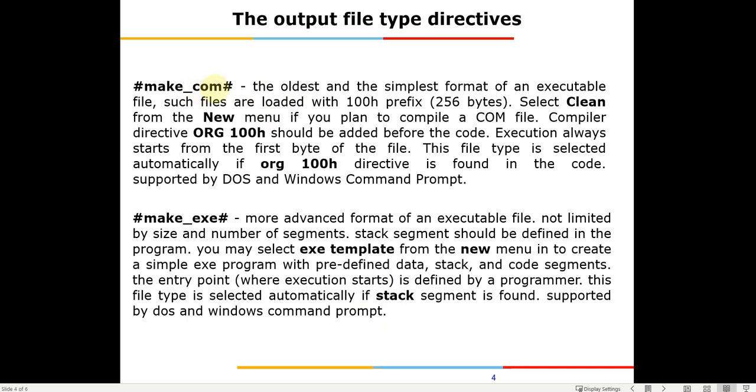In the .com format, all the registers and the segments are handled by the emulator itself, and even where the program is going to start, that is at 100H, is fixed by the emulator itself. So this is the smallest, easiest program, and this is how it starts. This is what we have been doing till now.